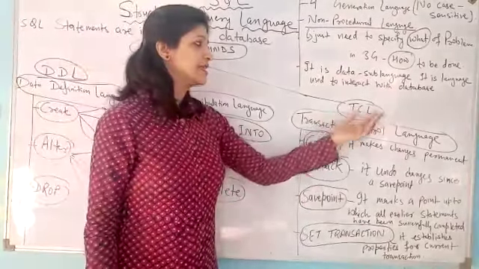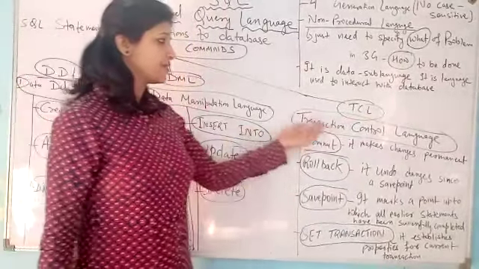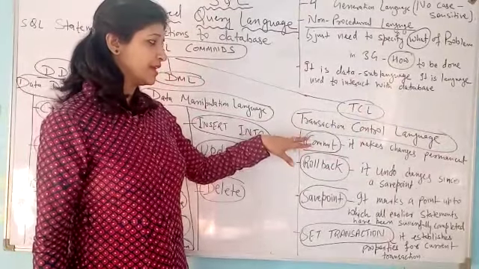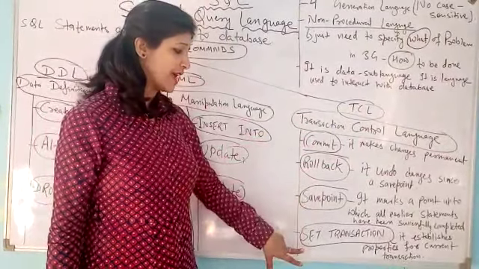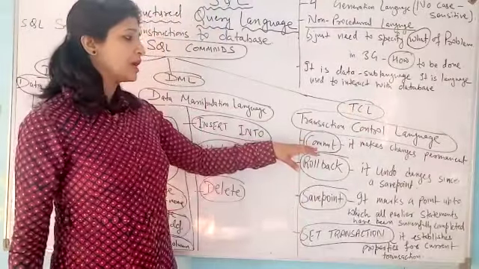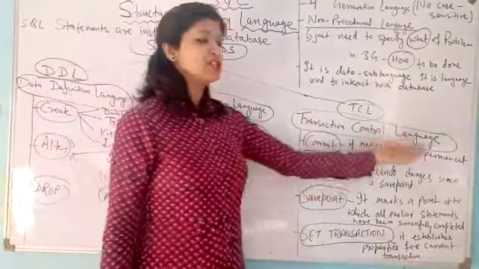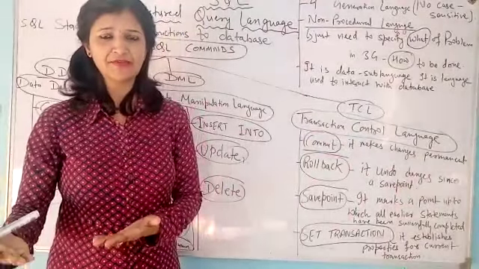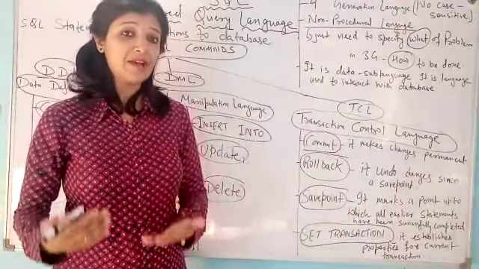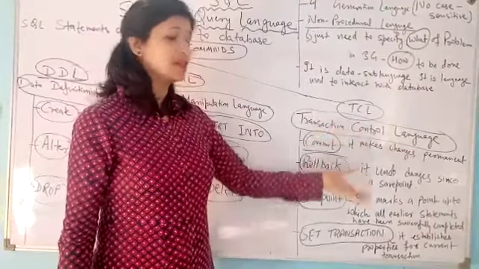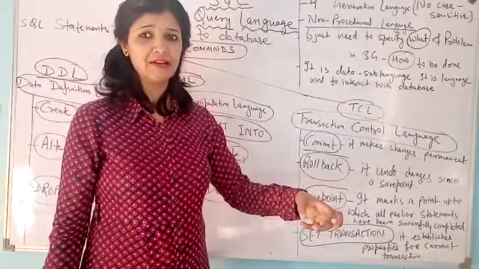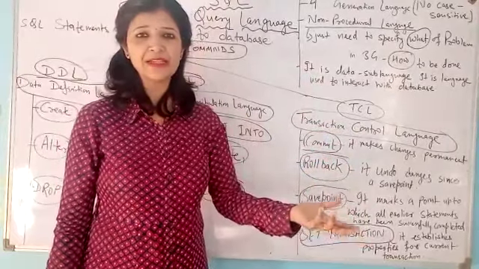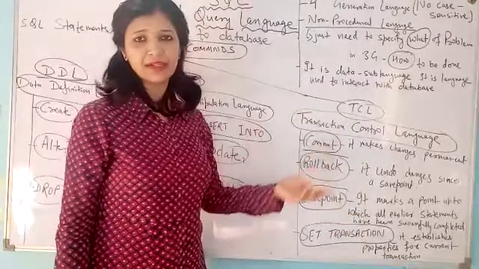Now, next is the TCL command. TCL is Transaction Control Language. Here there are four categories: commit, rollback, save point and set transaction. Through commit, we can make the changes permanent. Suppose we are going to insert some value or we want to update some value. So internally everything is committed by the database itself. It's a default command, and sometimes we want to do it explicitly, then we can use the commit command.